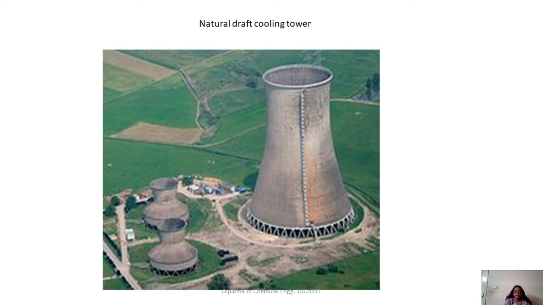Natural draft cooling towers are usually the preferred ones in places where the humidity is very low. Apart from that, mechanical draft towers are the most preferred ones because in them the movement of air is much better compared to the natural draft cooling towers. And among the forced draft and induced draft towers, the induced draft towers are the better designs because in the forced draft type there is a possibility of the humid air getting recirculated back into the tower.